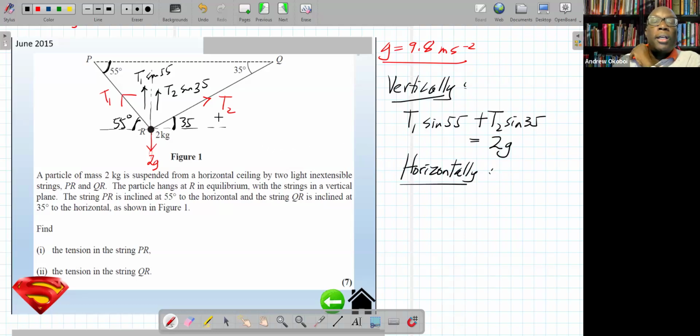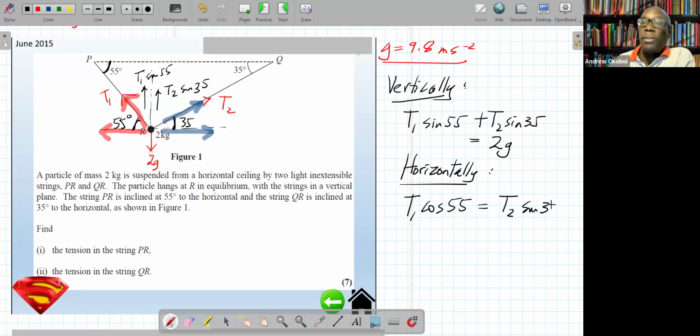So I'm going to take this T1 force that is here and turn it this way horizontally. And then take the other one, which is T2, and turn it this way, which is horizontal. Now they must balance because the object is not moving left or right. So I'm going to say T1 cos 55, because I've turned it through 55 degrees, is going to equal T2